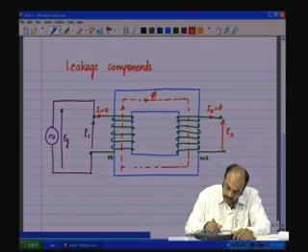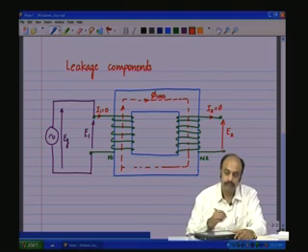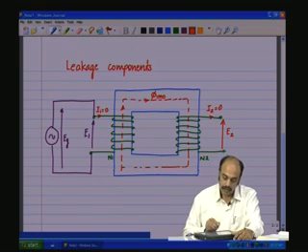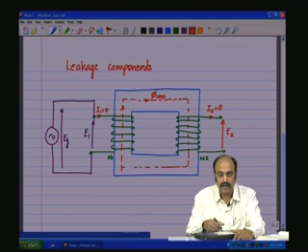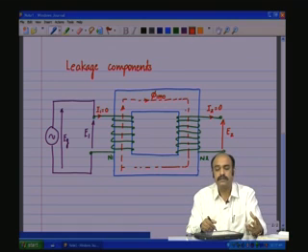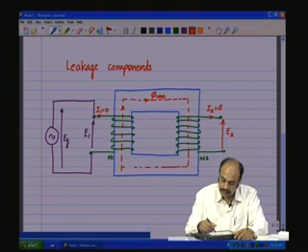Now, this flux phi 1 m, let us say, during no load, let us say phi 1 m 0. Now, this flux phi 1 m 0 is generated because a voltage source, a generator, is attached to the primary, and as I is equal to 0, there is no ampere turns, N i is 0. So, there is no ampere turns to generate flux in the air, and therefore, all the flux is only in the core because the permeability is infinite in the ideal case, and therefore, all this flux links with the secondary,